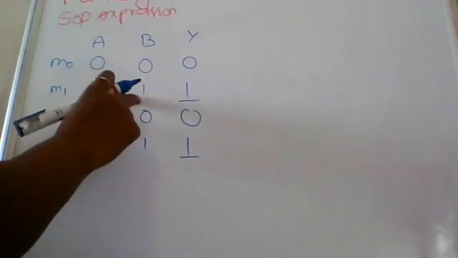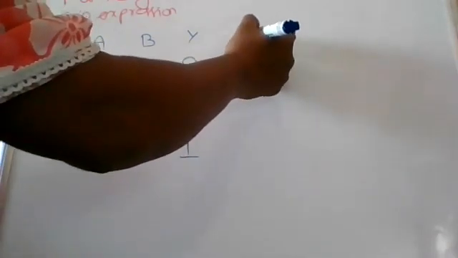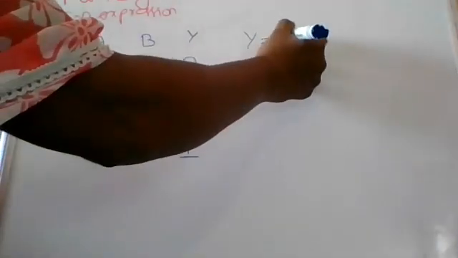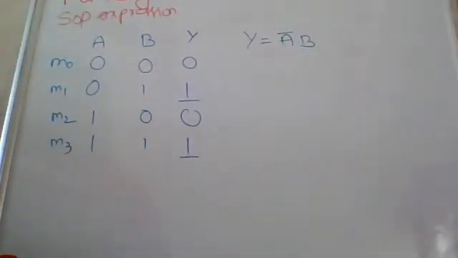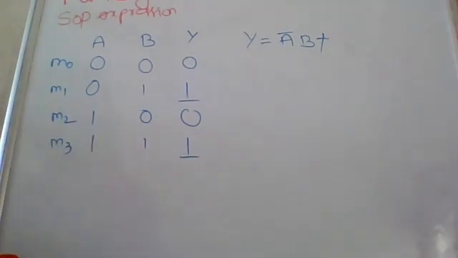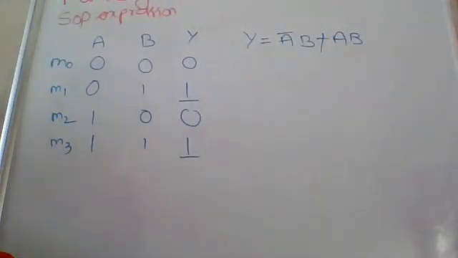Here in the outputs, in the 0 1 case we get output high, and in the 1 1 case we get output high. So for this we can write the expression: A equal to 0 and B equal to 1. A equal to 0 means A bar, B equal to 1 means B only. Next, A equal to 1 and B equal to 1, that means AB. If we have a variable equal to 0, then we write the bar. But if A equal to 1, we write A, and B equal to 1 means B.